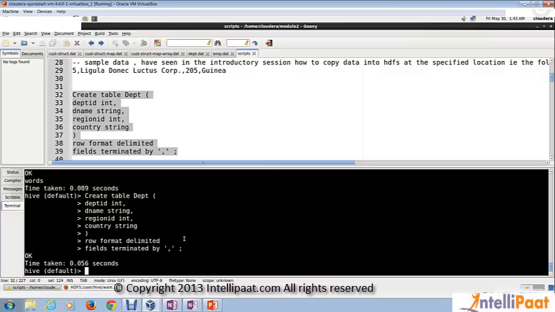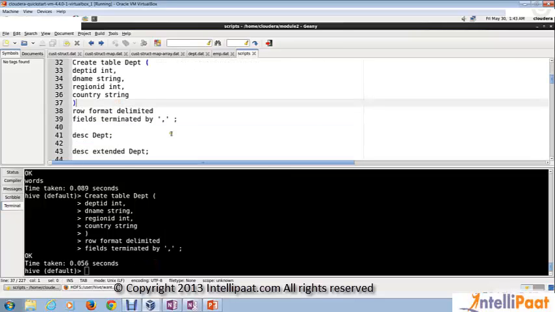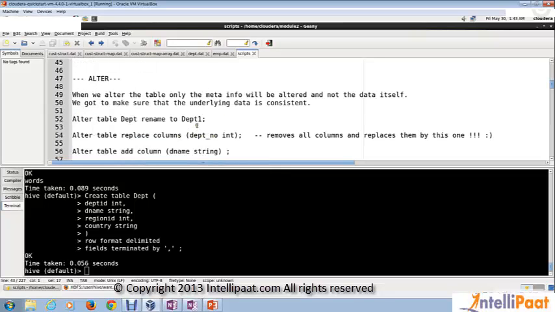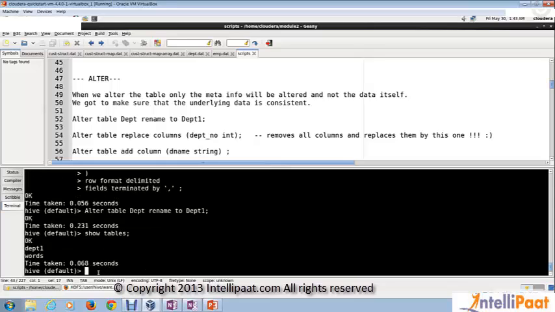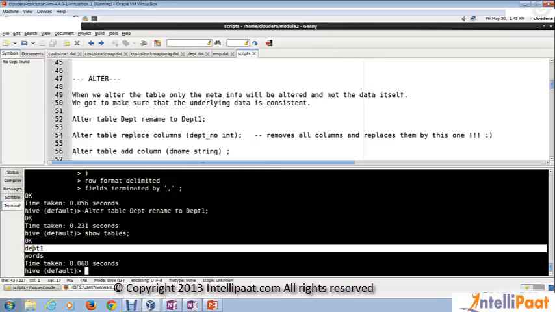All right. So now we saw what a table is. We saw the meta information. We saw extended. What we'll see next is how to alter a table. When you alter a table, you can rename a table. So alter table dept rename to dept1. So that's been renamed. Show tables. So dept1. Okay. Now